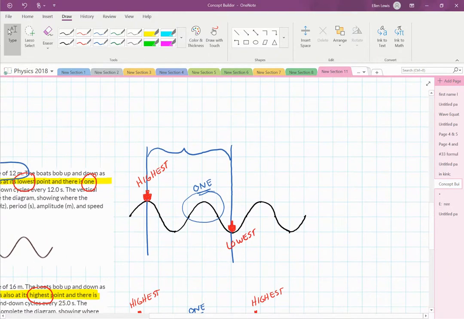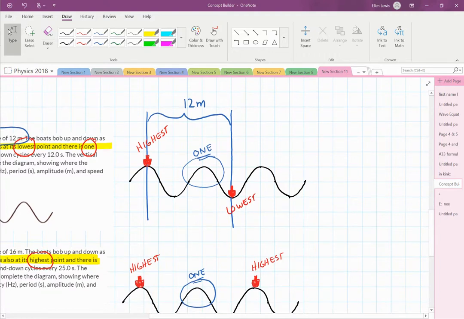We have the distance of 12 meters. And one little trick that I like to remember: when you go from the top of one crest to the next crest, that's a whole wave. So that's one wave. And so then we just have this itty bitty piece left over,